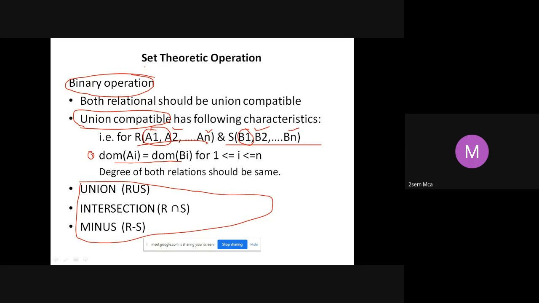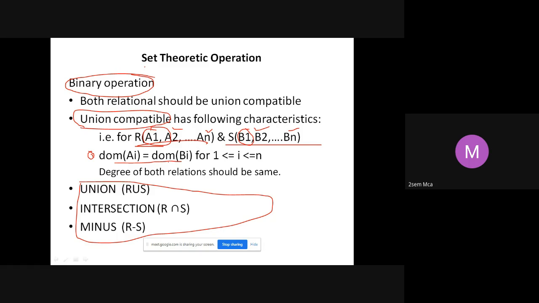Now, in the table, if I say the first attribute is age, and age is a number, then in the other table also, the first attribute should be a number only. Then only you say the domain of age of R is the same as the domain of the corresponding attribute of S.